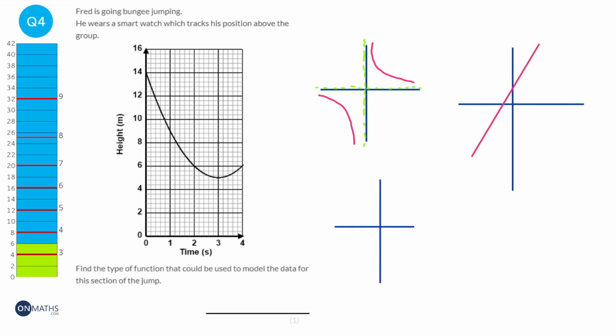Then we've got an exponential graph. An exponential graph just starts really small and then really increases like that and just keeps going up. And here we kind of have that. Obviously the other way around, it starts going down, but here it's actually going up, so it can't be a reciprocal graph. So the graph that this is, or could be, is a quadratic graph because it's a nice U shape. So if we carry this on, it could be a nice U shape. It could also be a cubic graph as well. So it could go up and then down and then up, and that's a cubic graph. But the most obvious one is a quadratic graph. So quadratic